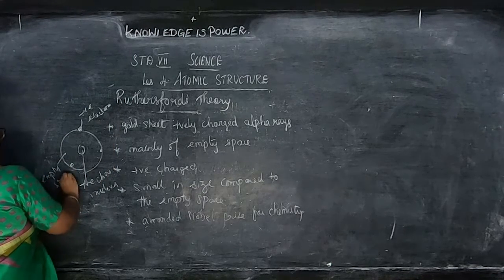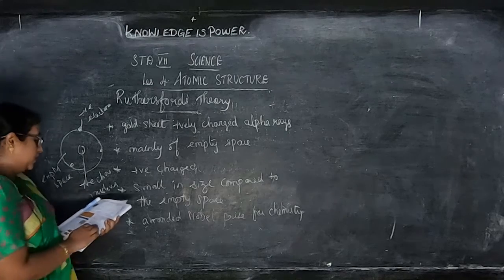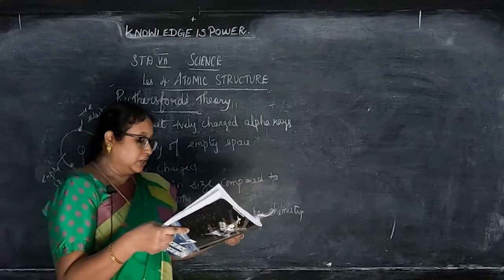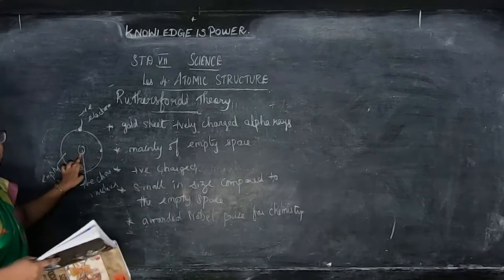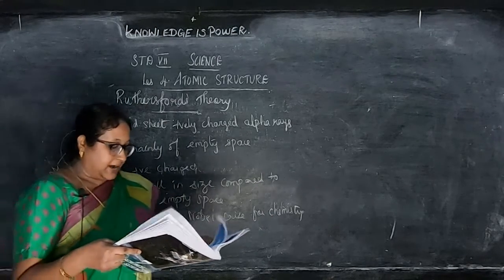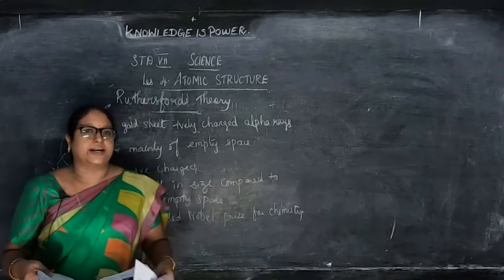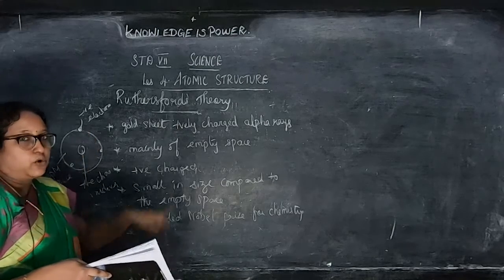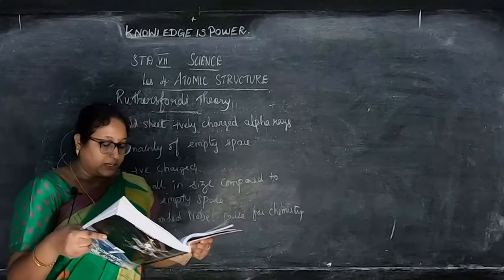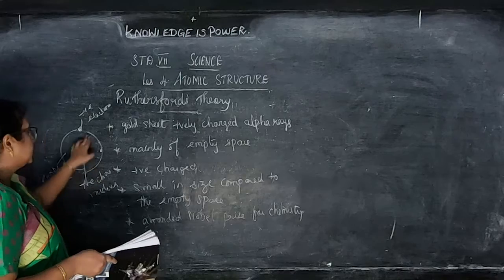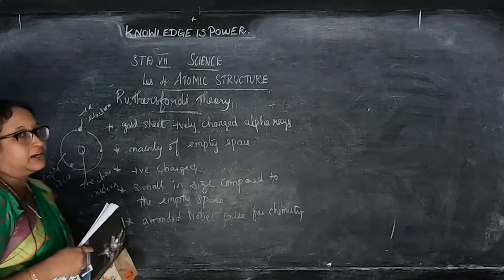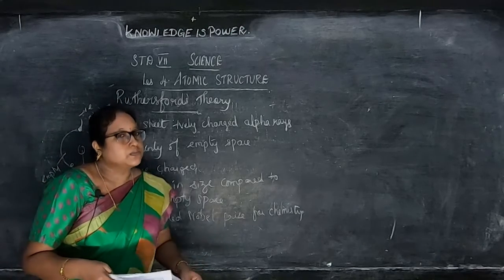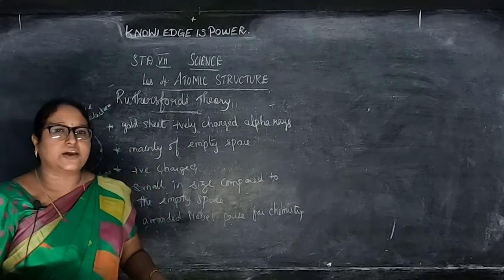We have mainly empty space. Okay, this is Rutherford's model, which was proposed in the year 1911, children. The nucleus at the center of the atom is positively charged, and the mass of the atom is concentrated in the nucleus. The negatively charged electrons, which you can see here, revolve, that is, go around the nucleus in specific orbits. In comparison with the size of an atom, the nucleus is very small.